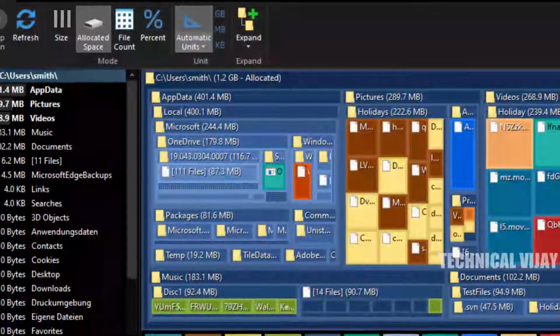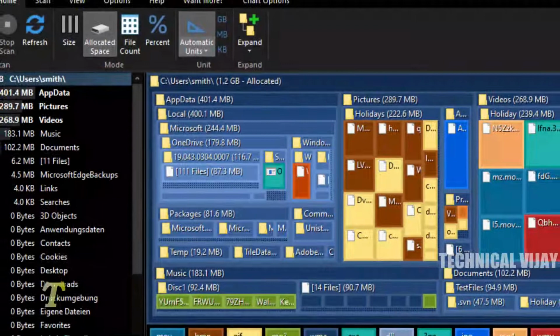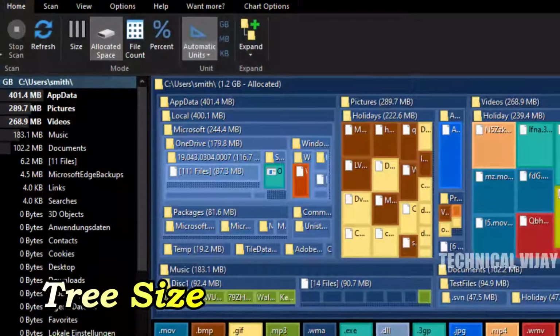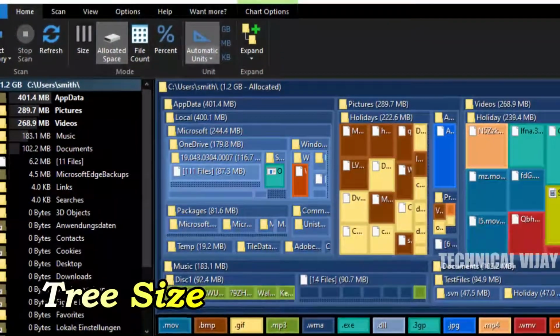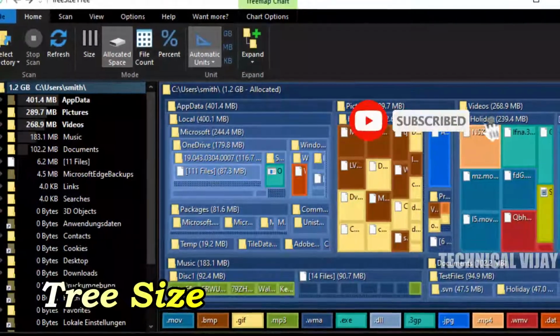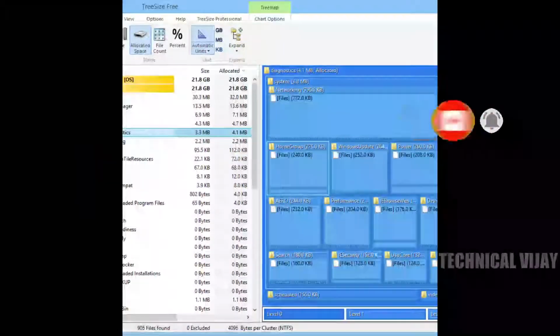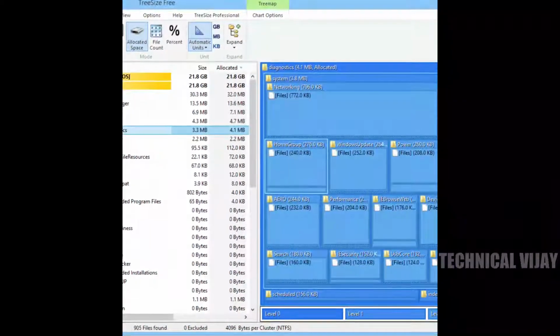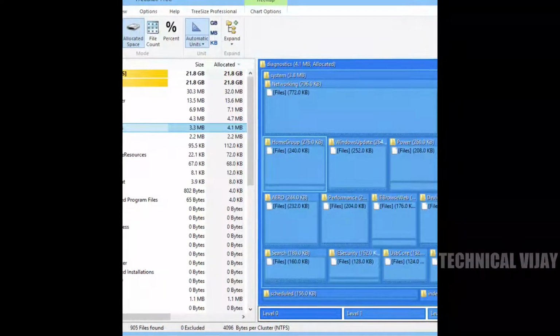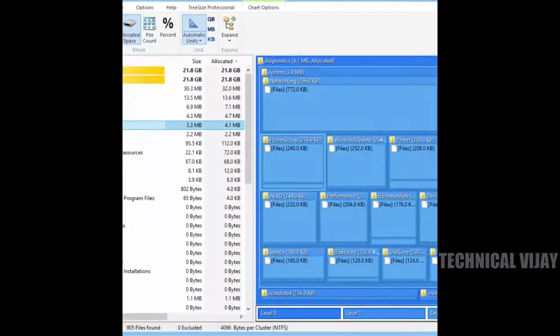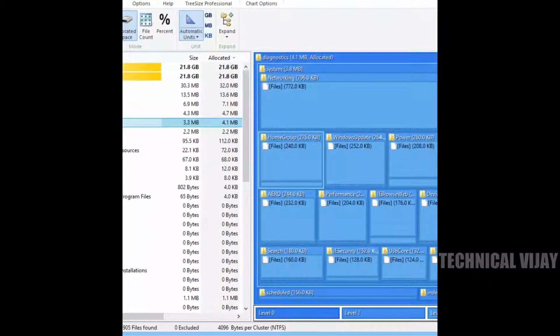Next one will be TreeSize. TreeSize has both free and paid versions, but the free version works great if you want something quick and simple. If you are not a fan of tiles, charts or tree maps, then the TreeSize free version will definitely attract you. It simply shows all the folders and files in your drive along with their size written next to them.